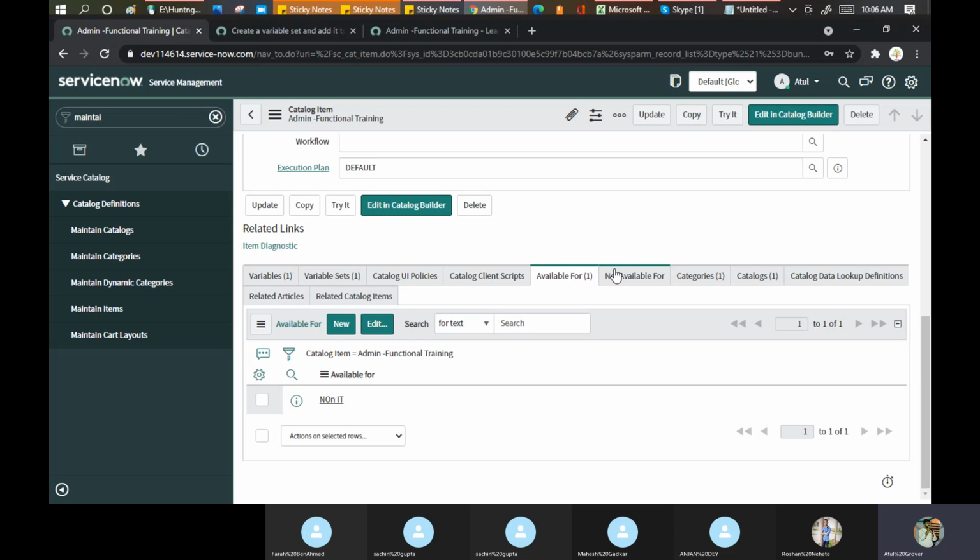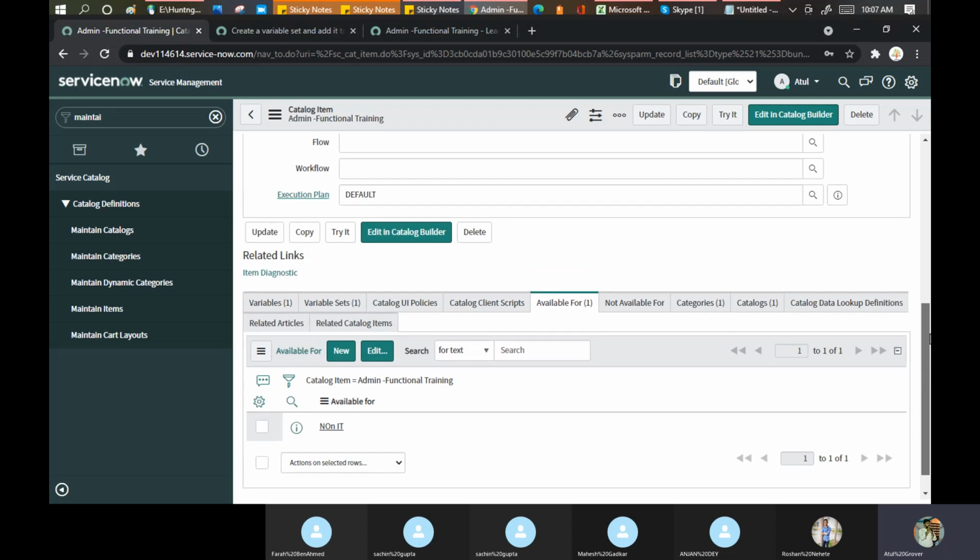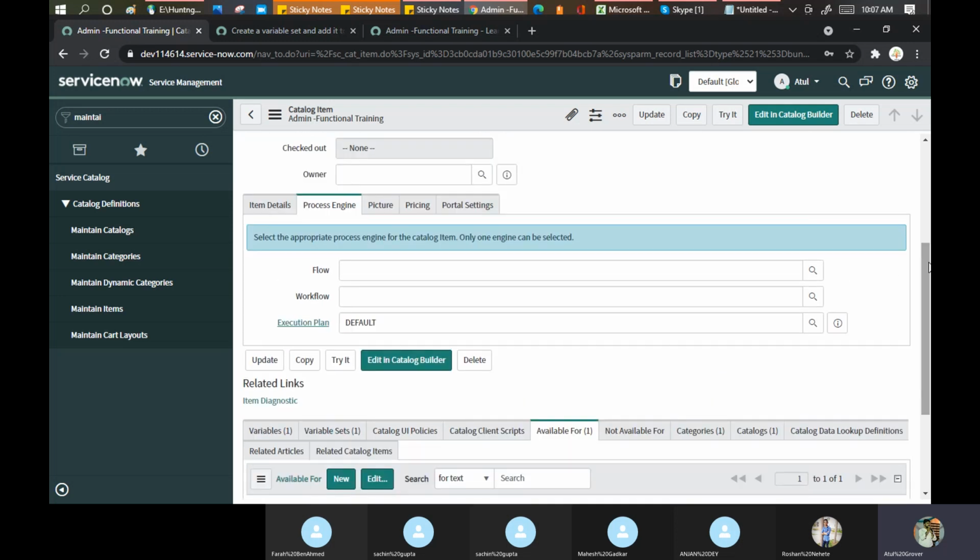User criteria is one topic you guys can read about. It is actually a good topic to read. If required, go and open your official instance and try to find out what criteria they mention there. Then you will understand more. Today you can open your official instances and see what variables and variable sets they're using, so that you can understand, if someone raises a request, how it reaches and how it works in the background. Don't be just an operations guy: I have a ticket, I need to resolve it, that's all. Don't do that.